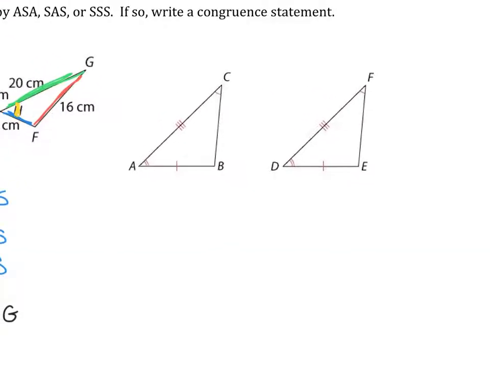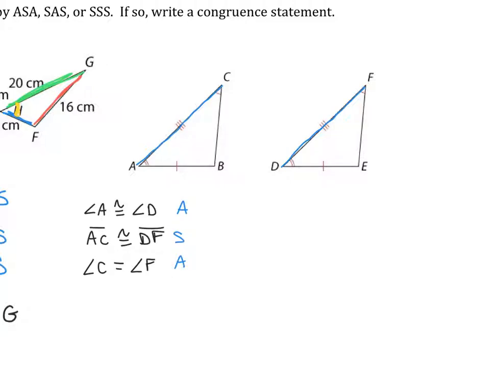Okay, let's look at this last one. So here I can actually, again, show that these two triangles are congruent in two different ways. So let's start by trying angle side angle. Here I see that angle A is congruent to angle D, and then the side next to it, AC, is congruent to DF, and then I see that angle C is congruent to angle F. So using this, that would be angle side angle, I can show that those two triangles are